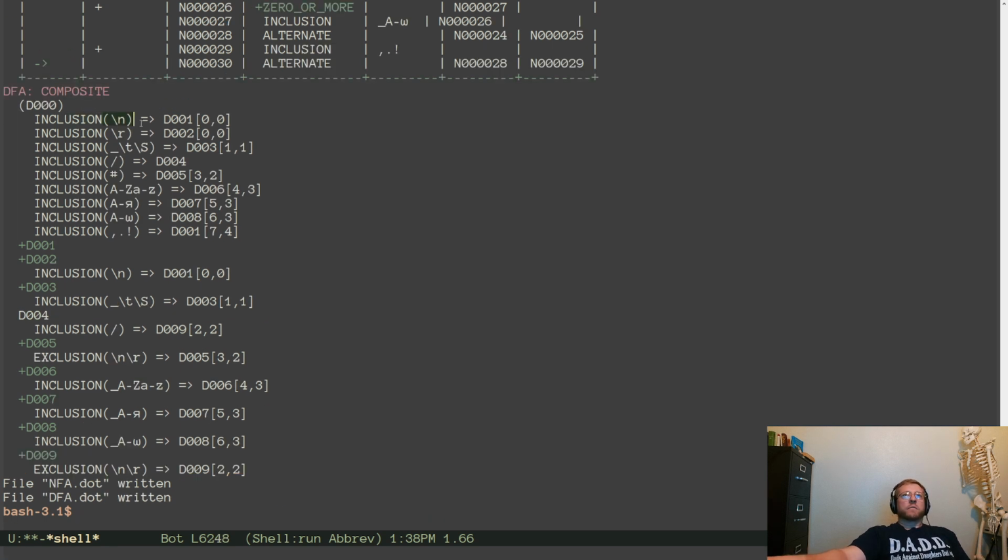Okay, so we go \n, we go \r. R goes to 2. 2 can accept. Or it can get an N, which goes to a forced accept state. There we go.